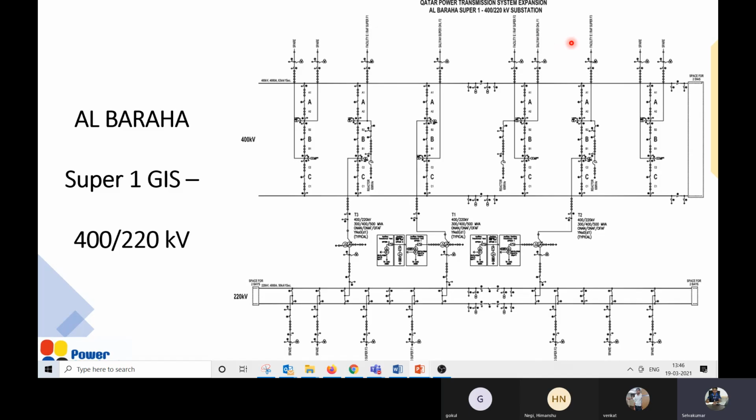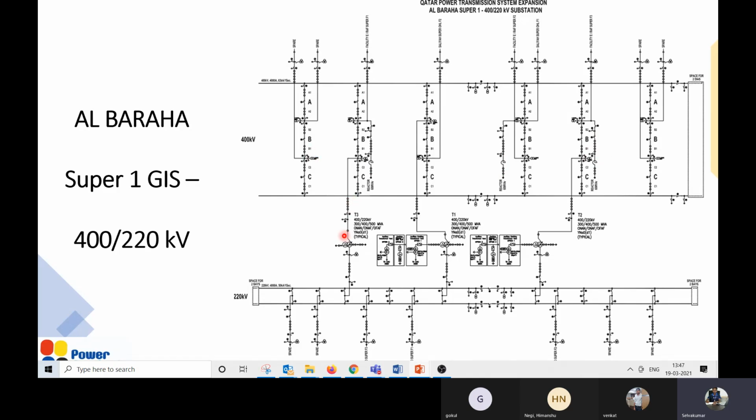So totally there are about 5 outgoing or incoming feeders, however you call them, because the 400 kV system is an interconnected system. So this has 3 cable feeders, 2 overhead line feeders, and 3 transformer feeders. And these cable feeders have a shunt reactor because the cable injects a huge reactive power, and they have a shunt reactor to mitigate the reactive power injected by these cables. So that's how this overall system is connected.